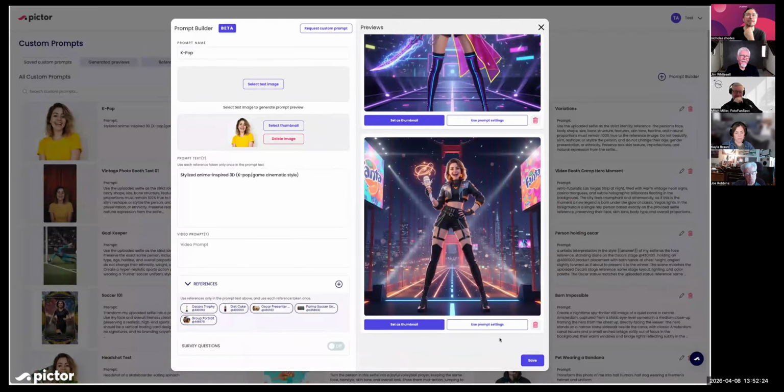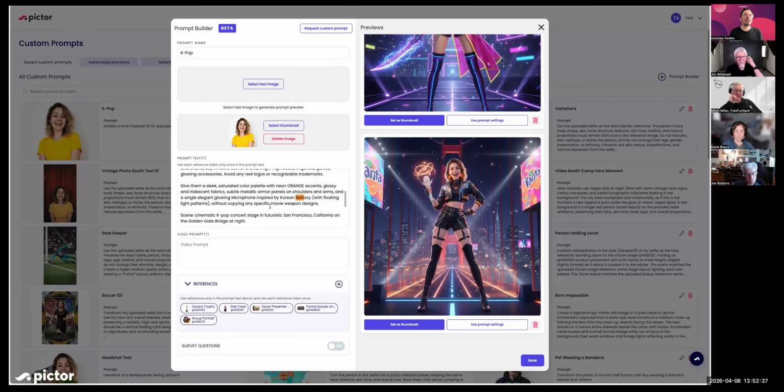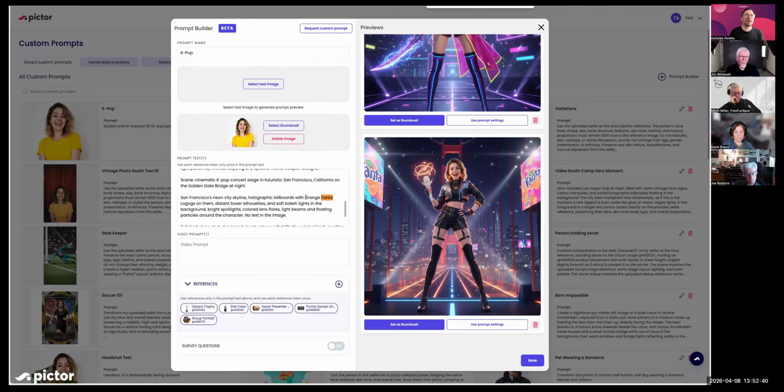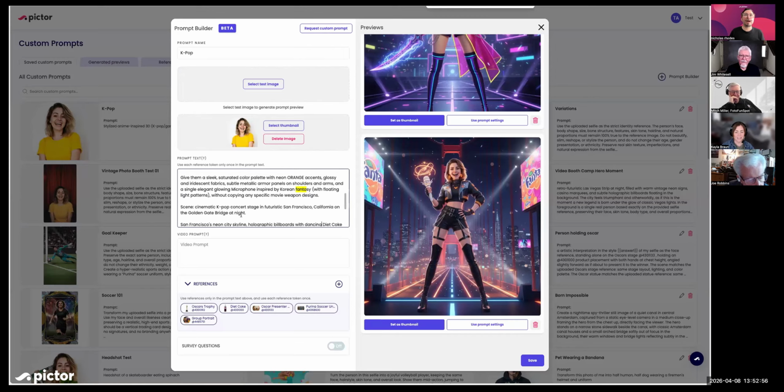For now, what we can do is use this prompt, and I will reference an existing image here. So we'll do Diet Coke. And I'm just going to say Fanta here and say with Diet Coke bottles on them. Let's call them dancing. Okay. And I'm going to go back up here and with orange